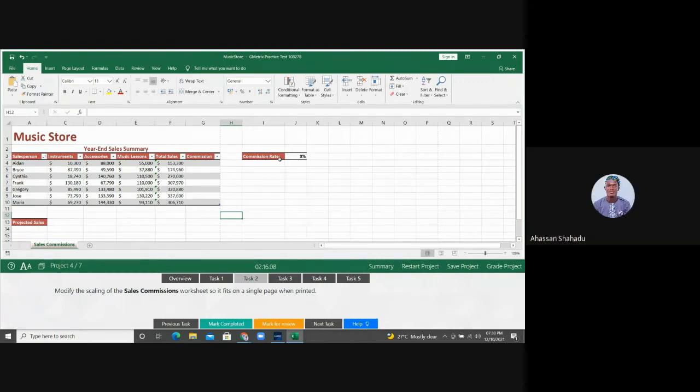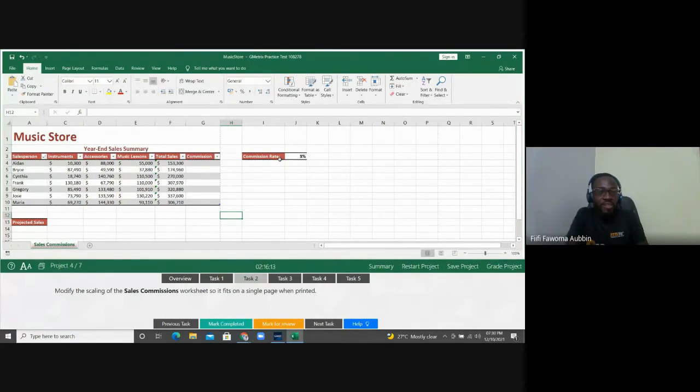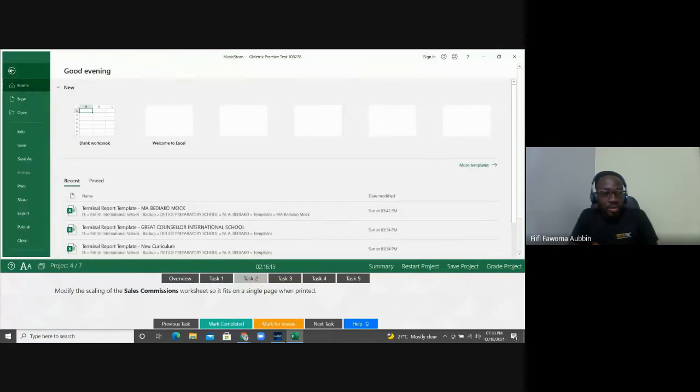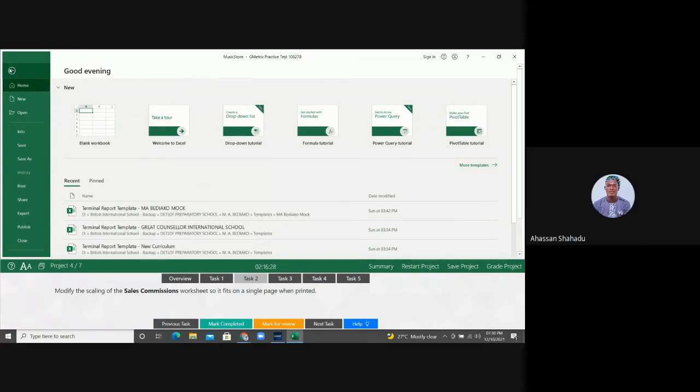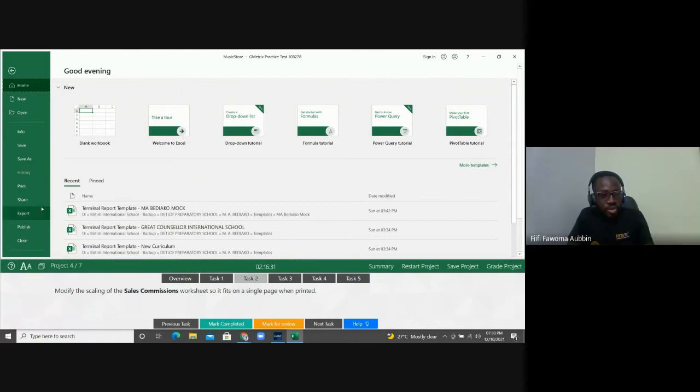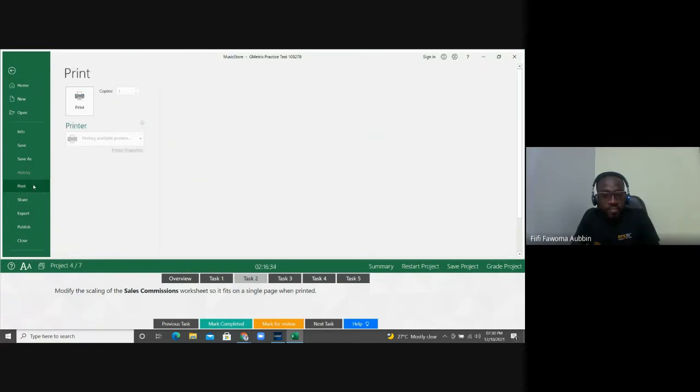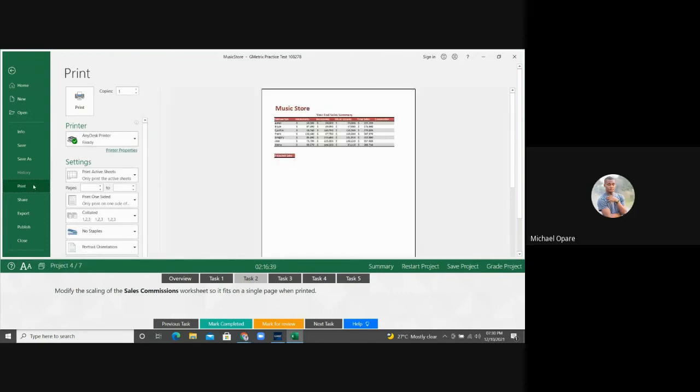Yes. Okay, first of all, you go to the file tab. Okay. Then what do I do? Yes, I'm under the file tab. You now click on print. Print. Okay. Then what do I do again? You come down to